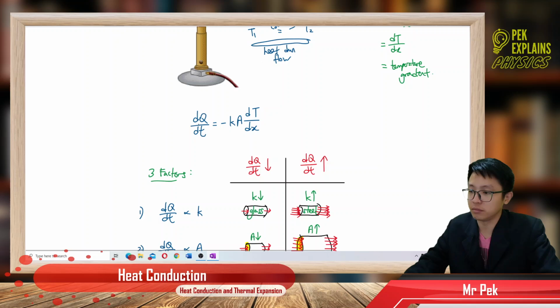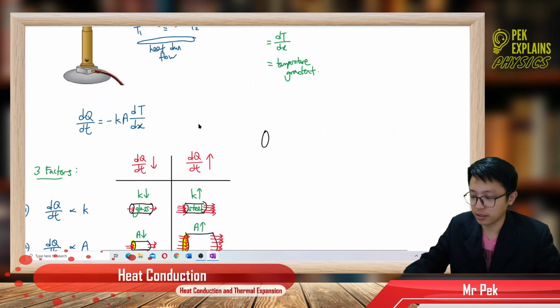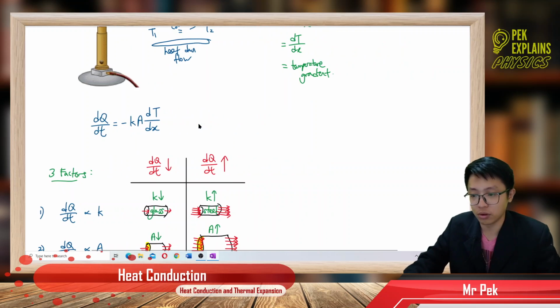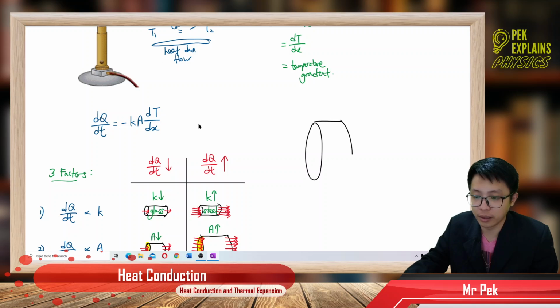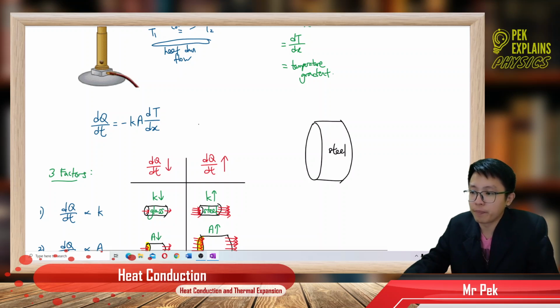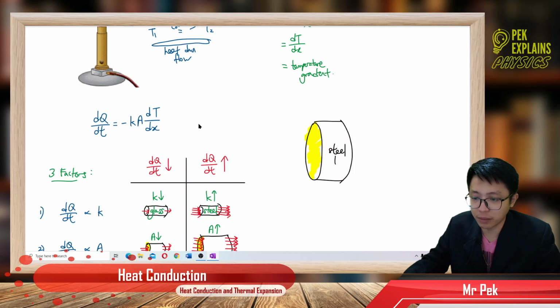I must use a steel rod, maybe, or copper rod, with a big cross-sectional area. When you have a steel rod, that means the K is high. With a big cross-sectional area, and then a very big difference in temperature,